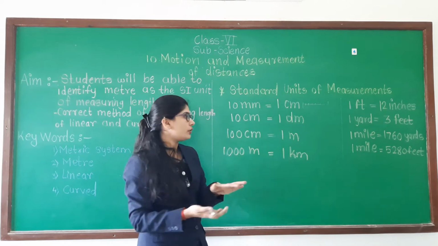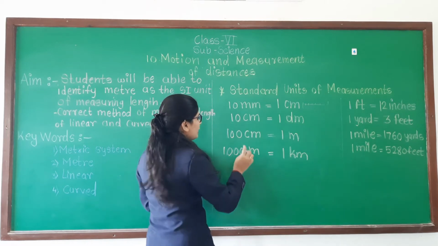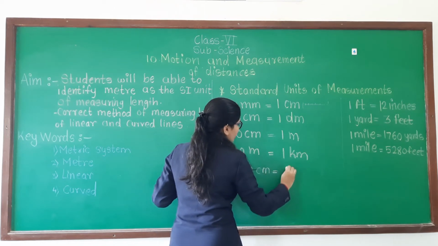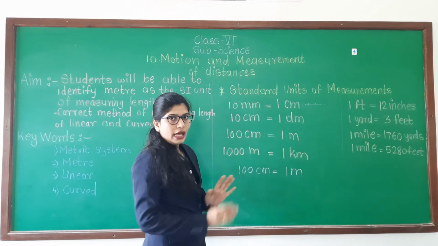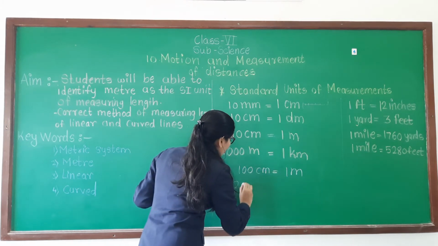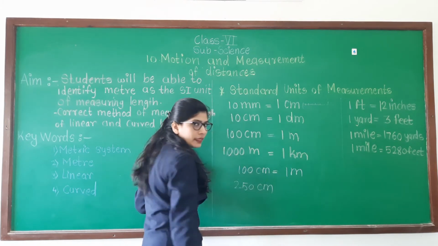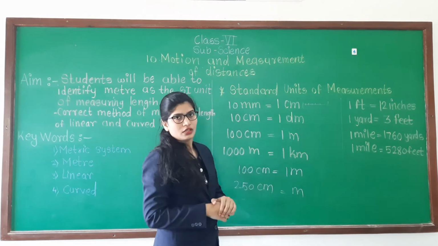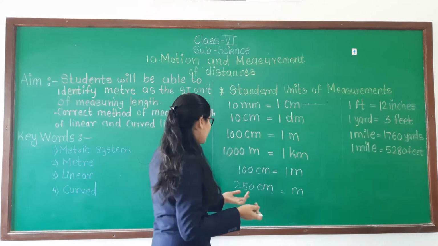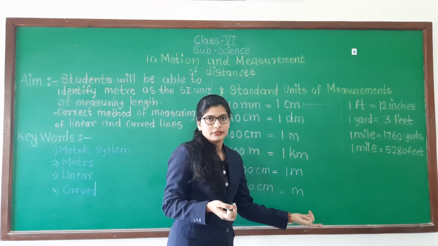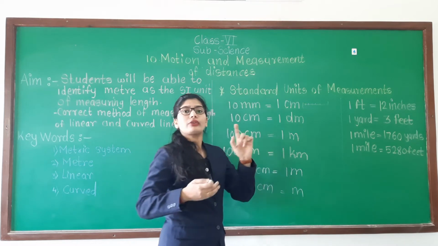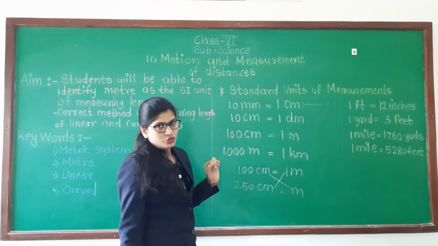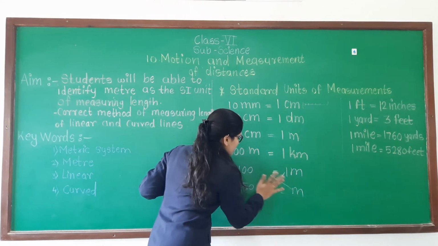Now if numericals are there, you only need to know that 100 centimeter is equal to 1 meter. If the distance is 250 centimeters, then 250 centimeters means how many meters? If you are good in maths, you can directly write 2.5 meter. But if you don't know how to calculate, one method is there, that is cross multiplication. Okay, now I will draw these units.